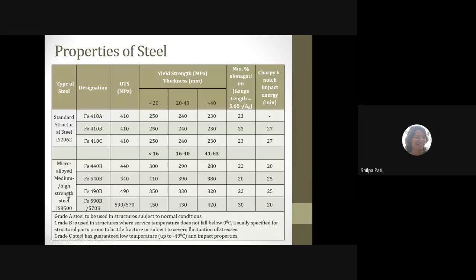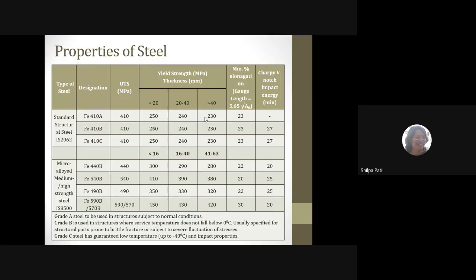The second one is not applicable for construction. The sections which we are using for construction or erection of any structural building, whether it is a frame structure or industrial structure, should conform to IS 2062. Now, what does it give? It gives basically two or three important parameters: the strength of the steel. The strength may be measured at two different stages.